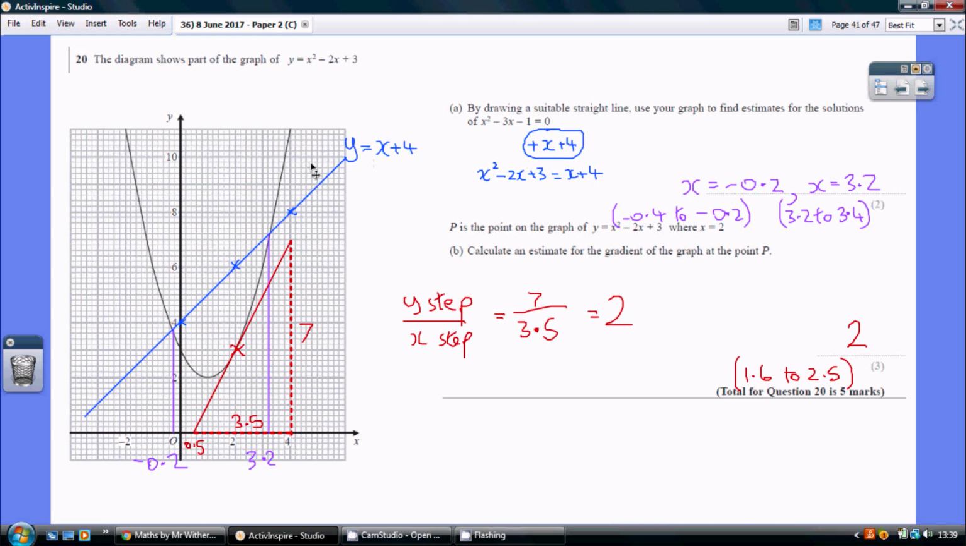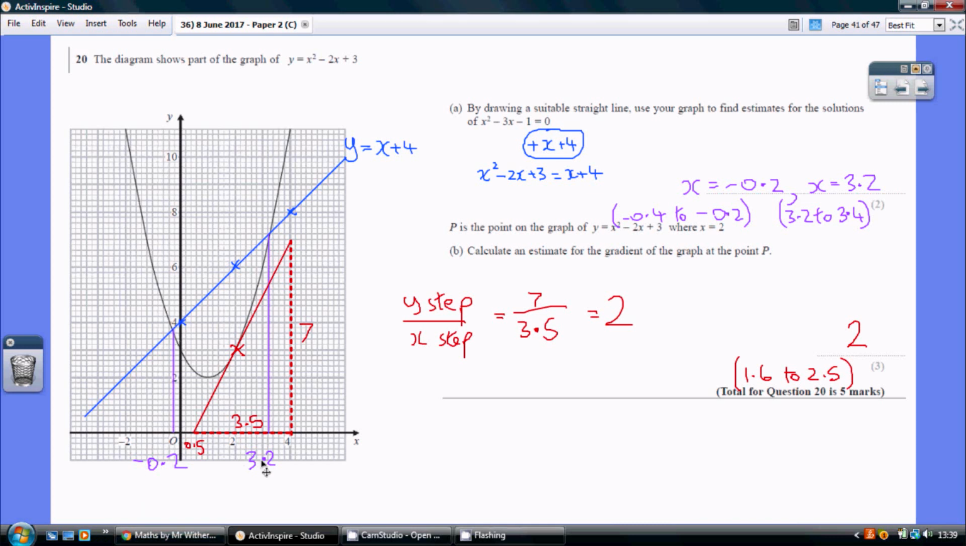So I've now got the graph here. This curve here is y equals x squared minus 2x plus 3. That's what we were told in the question. And we've also then added the line y equals x plus 4. So where is the curve equal to the line? Well, it's where they intercept. So if we just drop down vertical lines from this intercept here and this intercept here,